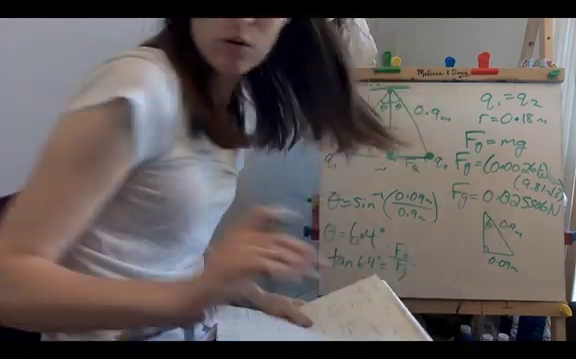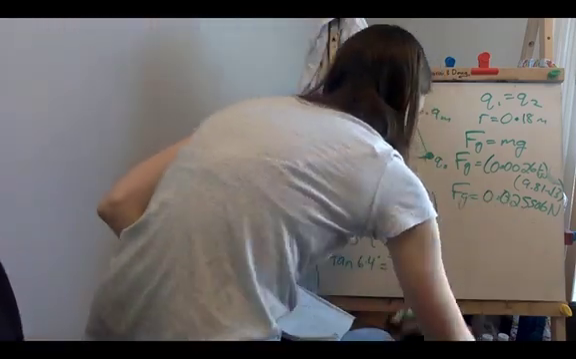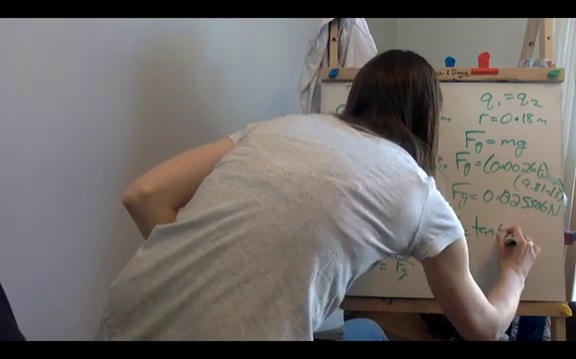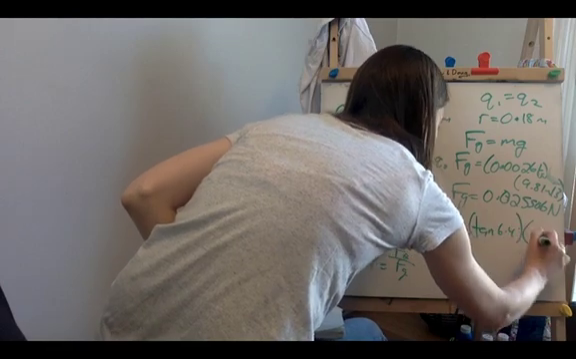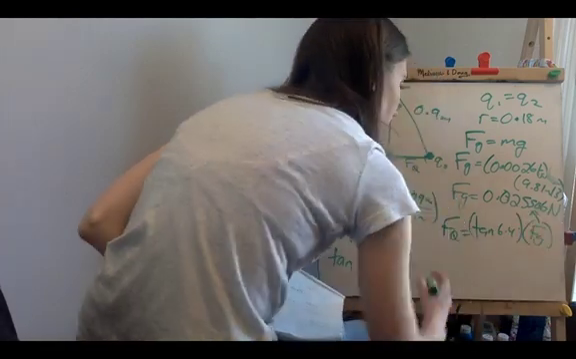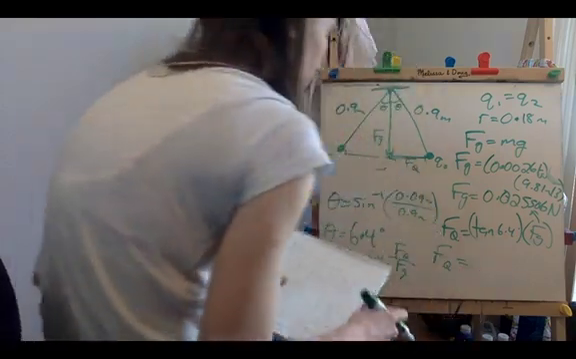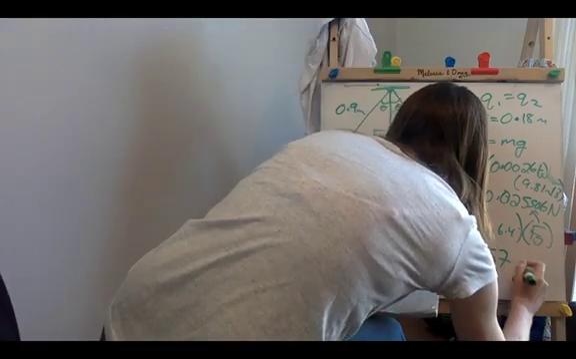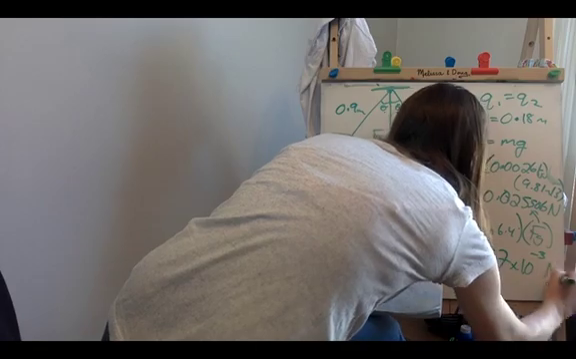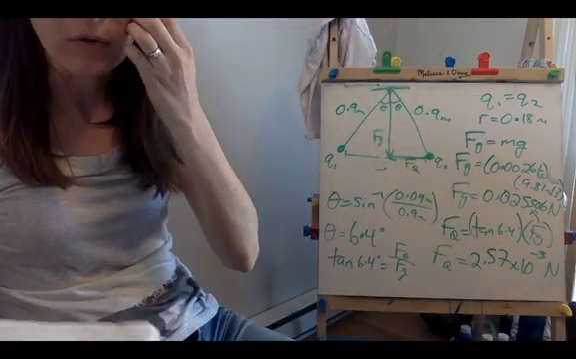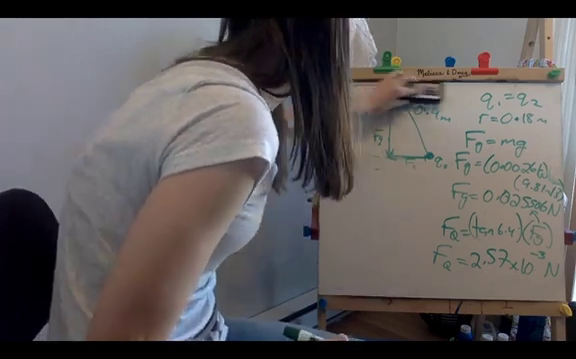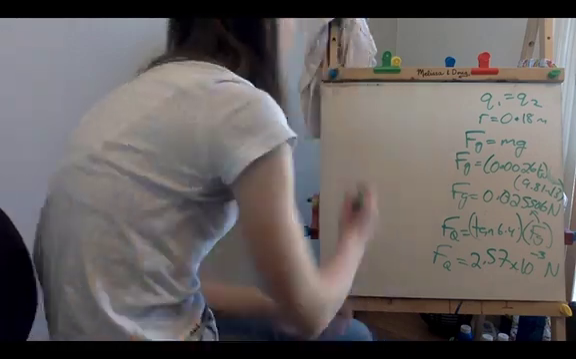So our FQ ends up just being tan of 6.4 degrees multiplied by FG, which is this value here. And when we go to calculate that, we end up getting a value of 2.57 times 10 to the minus 3 newtons as our value of FQ. Okay? And then that goes back to that original equation that we set up,